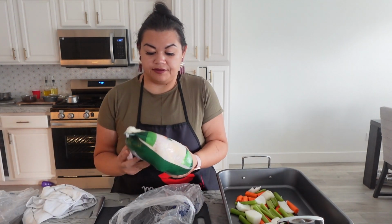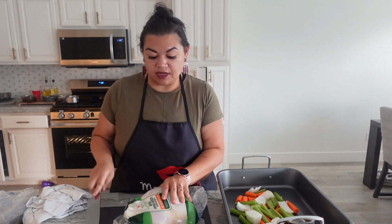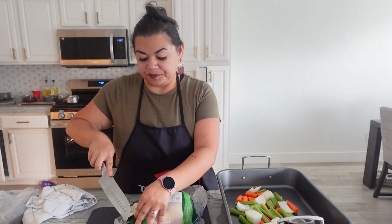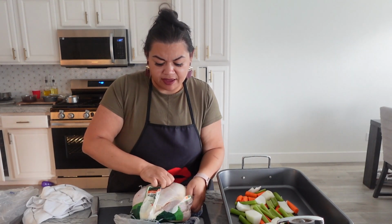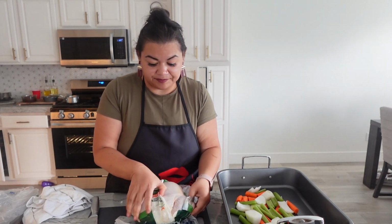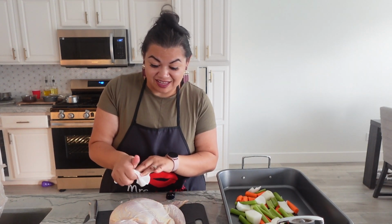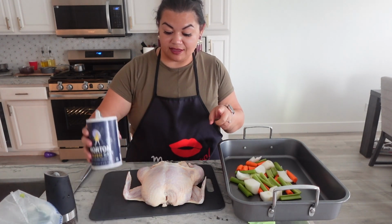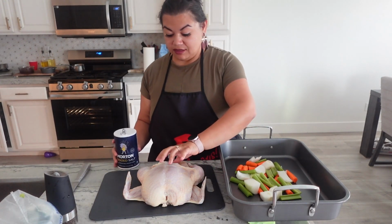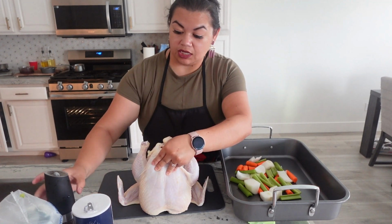I have a whole chicken, this one comes without the neck and giblets. This one's about 5 pounds, almost 5.5. Now I'm gonna run it under some water because that's what Ina does, and then pat it dry. So now we're dry. So in the cavity, I'm gonna add a lot of salt and pepper,